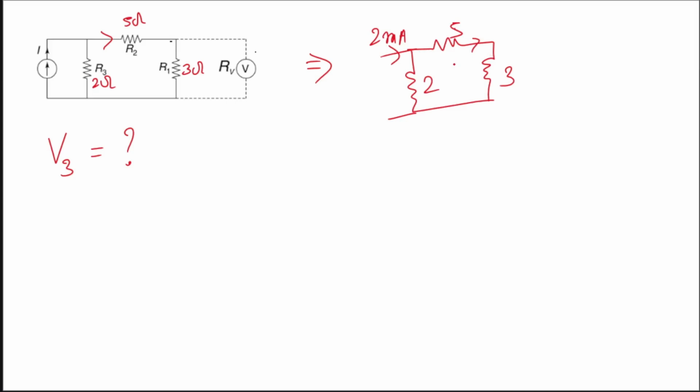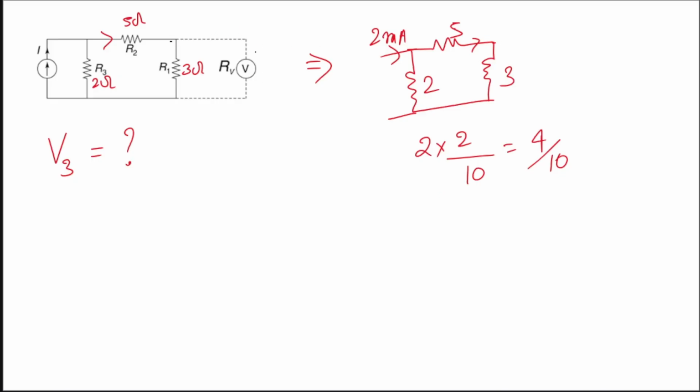Again, this is 8 and 2 in parallel. So what will be the current through 8? That will be total current into opposite side ka resistance, that is 2, divided by sum of resistances, 8 plus 2, that is 10. So this will be 4 by 10. Done it? And what will be the voltage drop now across this?